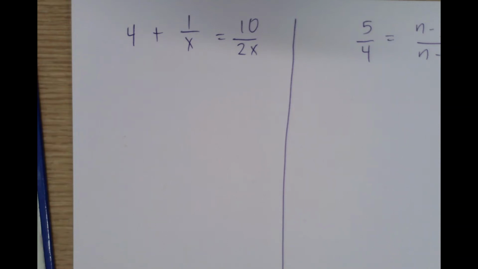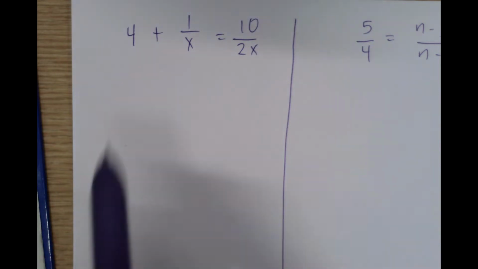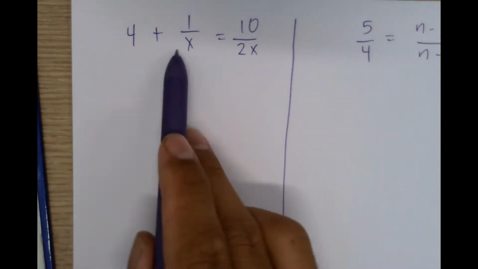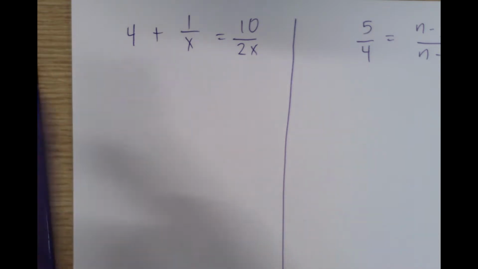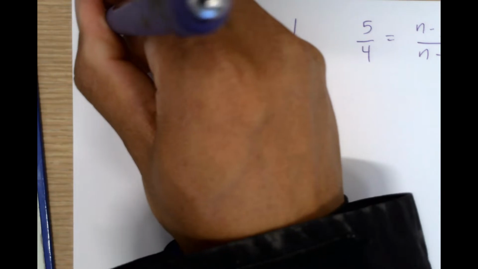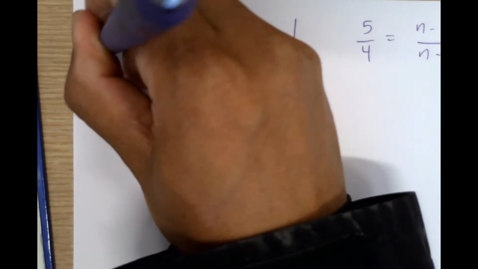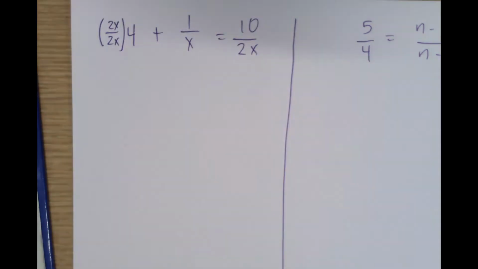First example, there are ways to solve this, but I'm just going to show you that one of the ways you can do this is by making the denominators the same. So what we could do is look at these two, which are different than 2x. We could change this denominator so it's the same. In order to make the denominator the same, we need to multiply the top and bottom by 2x, and